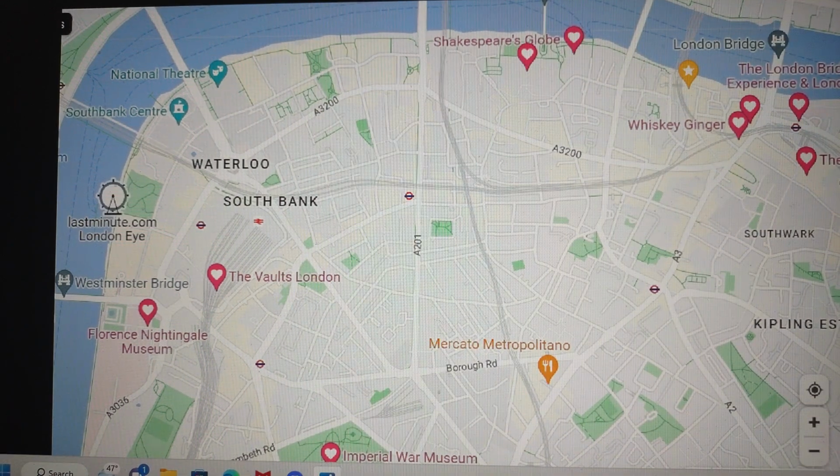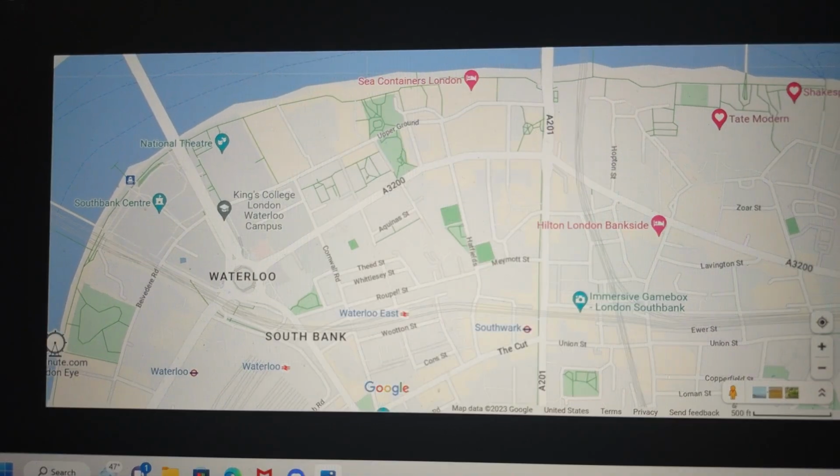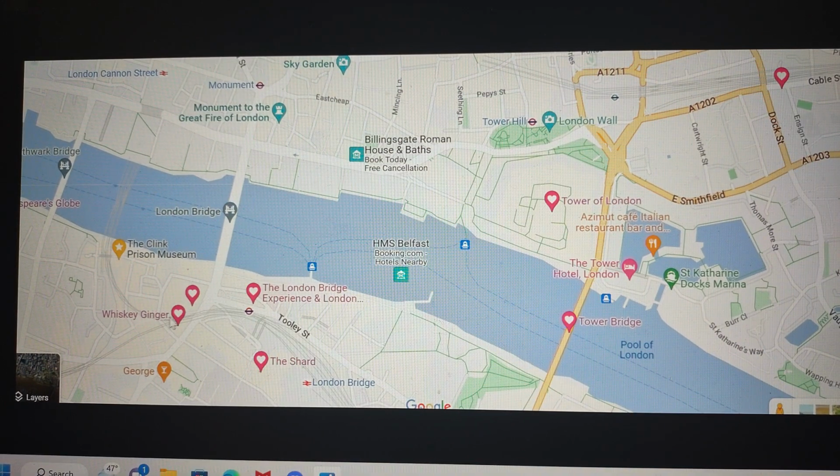Now I'm going to pop onto the next slide here, and I should have started with this one here. All right, here we go. Yeah, because now you can see the Clink Prison Museum in London Bridge here, and Whiskey Ginger in the Borough